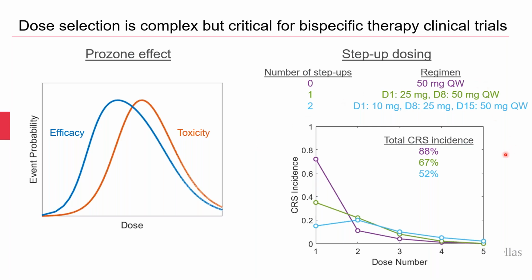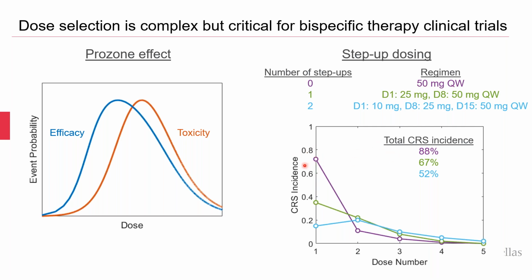And then there's another aspect of bispecific dosing that's gained a lot of traction recently that further complicates how we think about dose selection, and that's this idea of step-up dosing. So again, this is looking at it from a safety perspective, but the idea here is if we, rather than just giving a flat dose regimen, so let's say our target efficacious dose for a bispecific, this is just theoretical data, let's say our target efficacious dose is 50 milligrams once weekly. Well, if we just give this 50 milligrams once weekly flat, starting at time 0, maybe we'll see something like